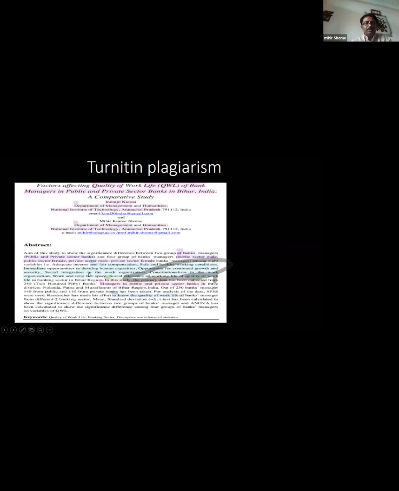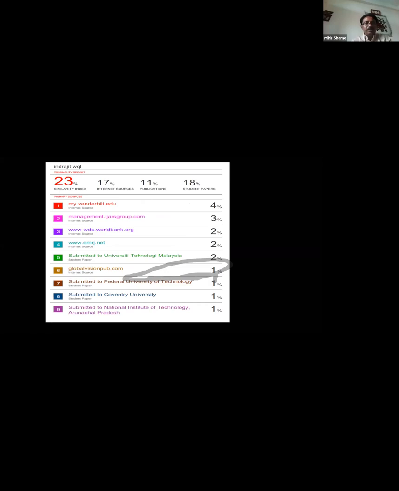And another thing is that this is the introduction, this is the method that is going. Then observe 3% index among internal publications and student papers, and from which source it is coming, how much it is coming. This Turnitin software will show you very accurately, unlike Urkund. So Turnitin is far better than Urkund.